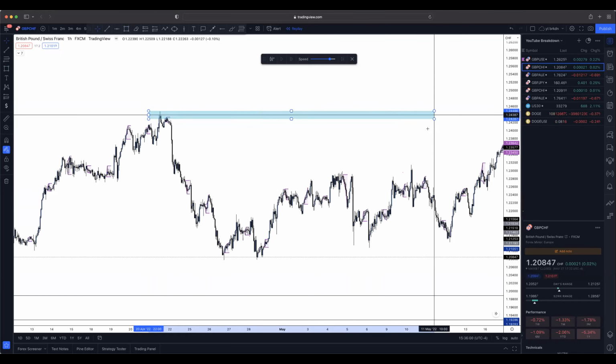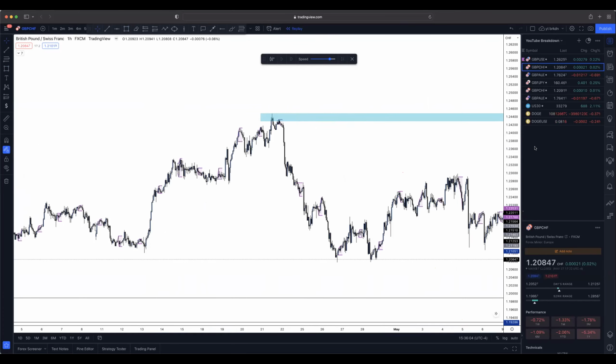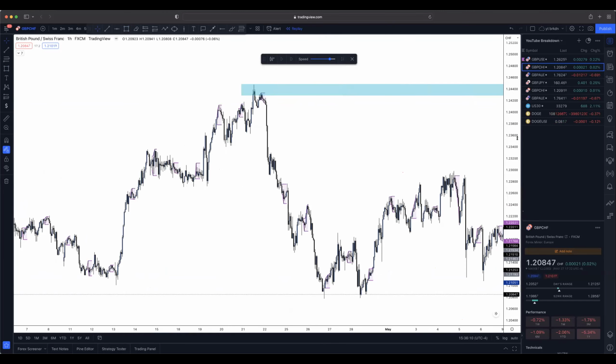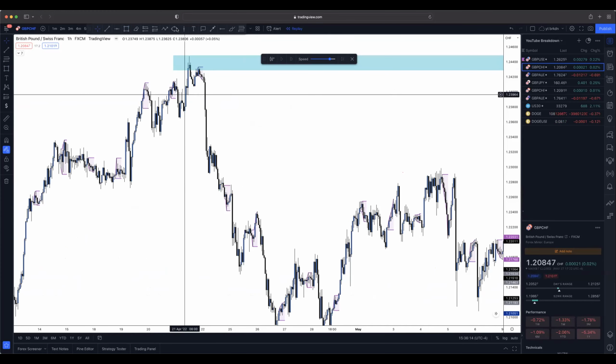So for example, guys, look at this area over here, right? I have prices moving higher and higher. And then over here, this is my last low. And you can see